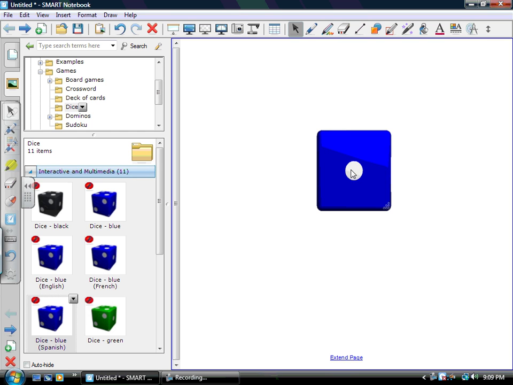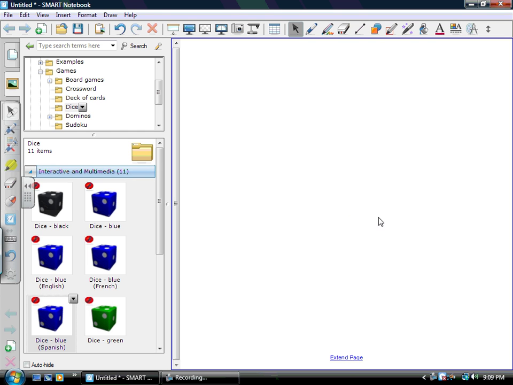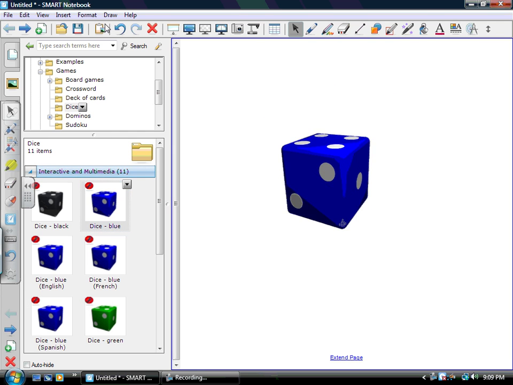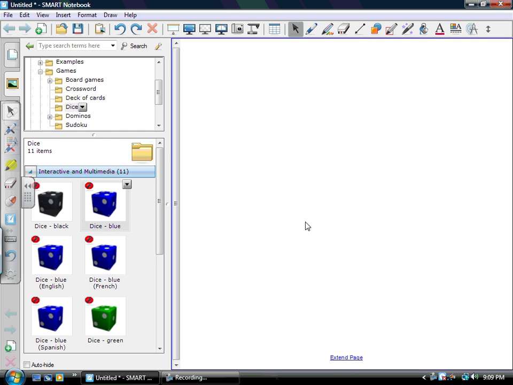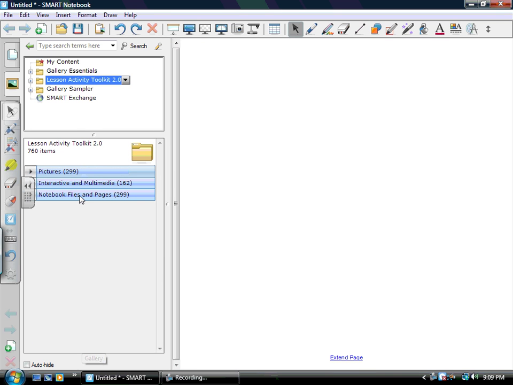So now if we want to get rid of this, we can delete it, or you can go up here and hit the back button, and it just takes it off for you. Okay. Another one I like on here is called Pop a Balloon. Go to Lesson Activity Toolkit. Let's go to